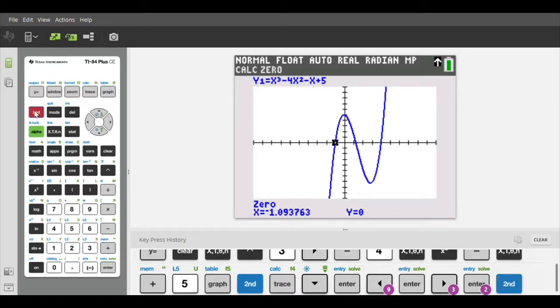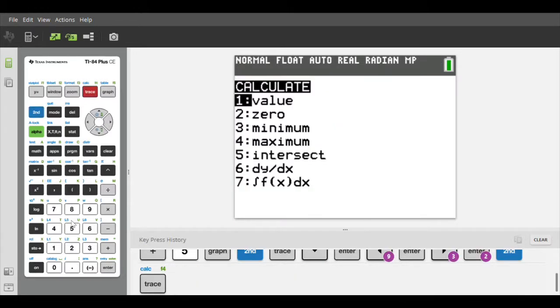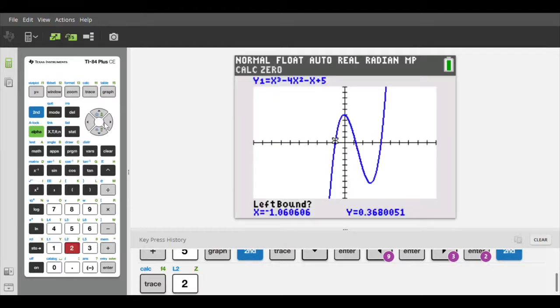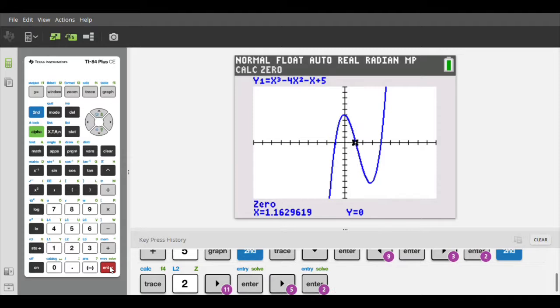Then we're going to repeat this again to find the other zeros, so option 2. So now we're already to the left of the second zero here, so I'm just going to move a little closer. So we hit enter, we're going to move to the right of it, hit enter, and we hit enter again. Our second zero is at 1.1629 roughly, and we've got one more because we can see that there are 3 zeros in this case,